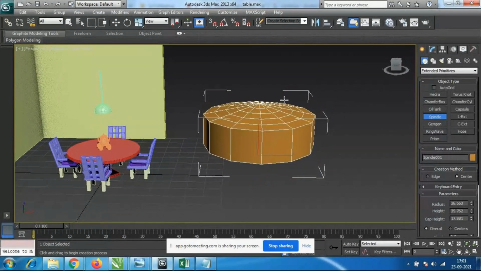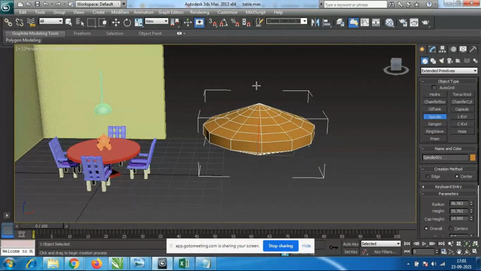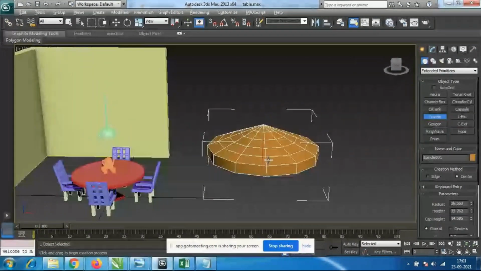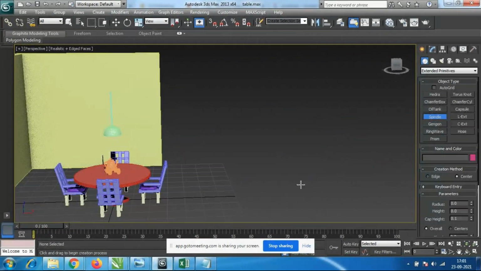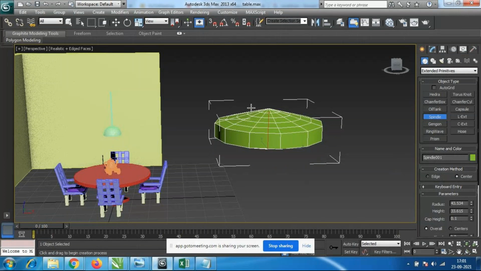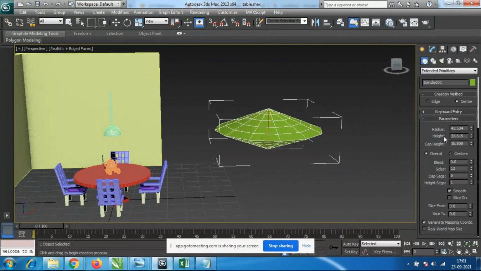If I come back and click here, then you will get this option. Okay, that is the spindle option. Please check all the options inside this, whatever options we are getting here: radius, overall, blend and sides, all these options you people have to check. Okay, height segments, all these things.